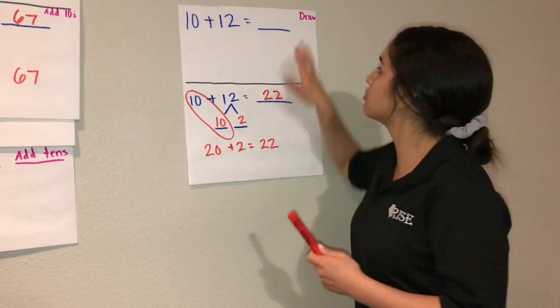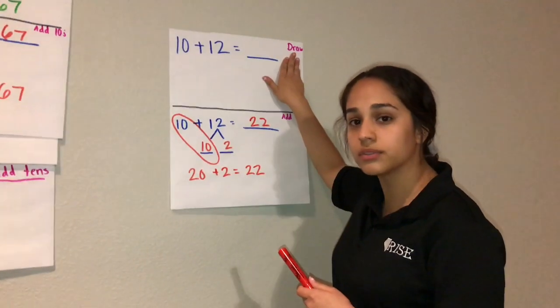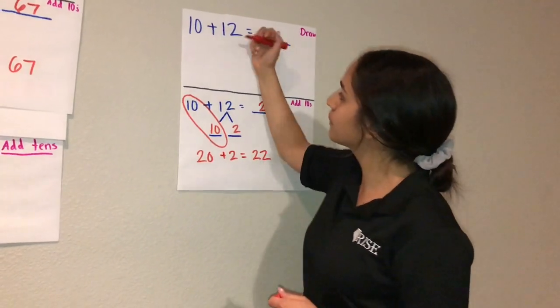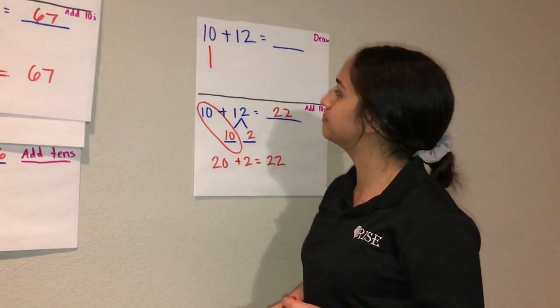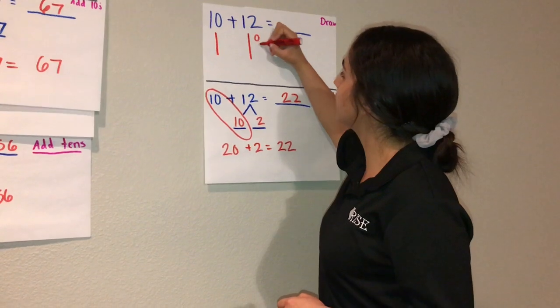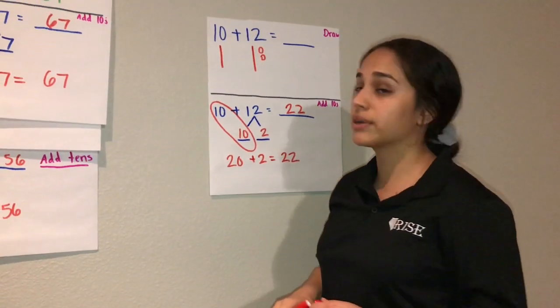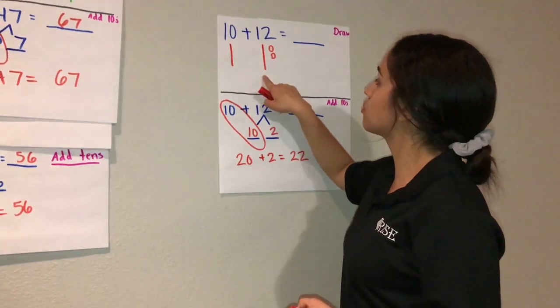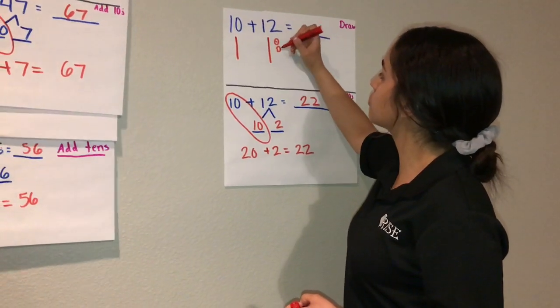Let's go ahead and move on to our draw it out, sketch it out. Go ahead and pause the video right now. Your turn to draw this out. 10, and 12. 10, 11, 12. Now we're going to continue to count on. Let's see. 10, 20, 21, 22,